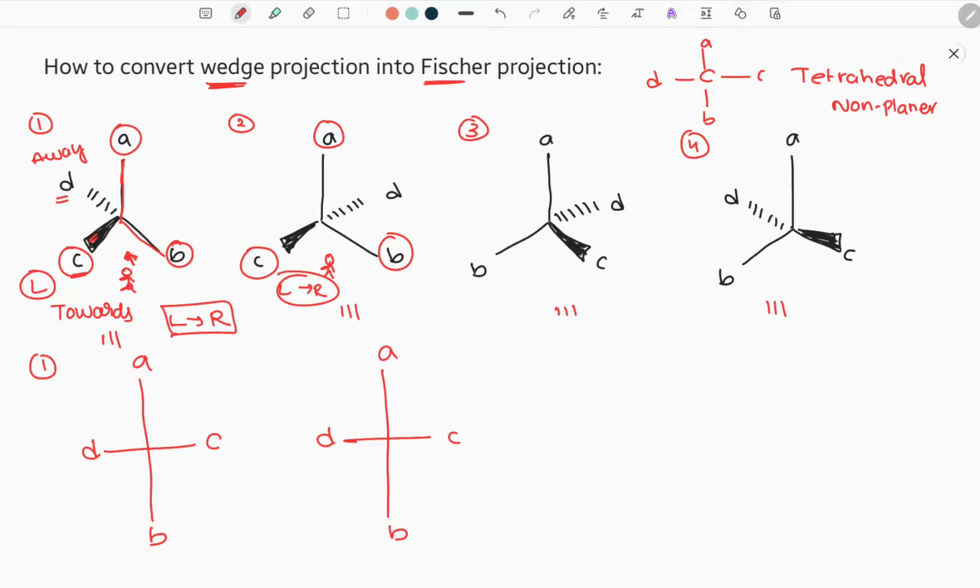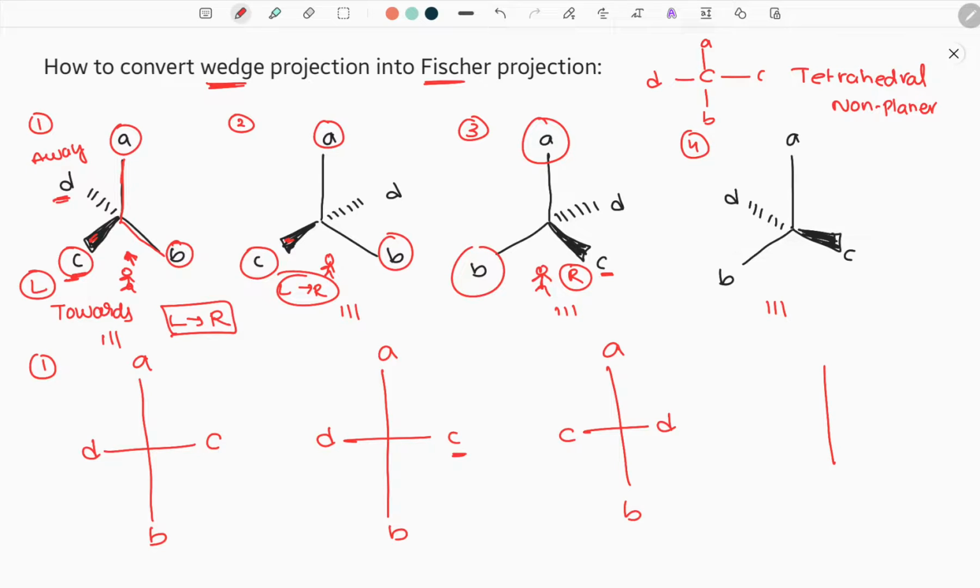You observe in the first and second molecule, the dotted line and thick line are adjacent. But here the thick line and dotted line are not, they are opposite. Anyhow, we observe only the thick line and normal line, and the thick line is left side to us, so we write that on the right side. Now let us write the next one: the normal line we write on the vertical column, A and B, and then we observe the thick line and normal line, in between which we should stand. We observe this is right side to us, so in the Fischer projection we write it on the left side. Okay, the remaining will follow. This is the formula of the third one.